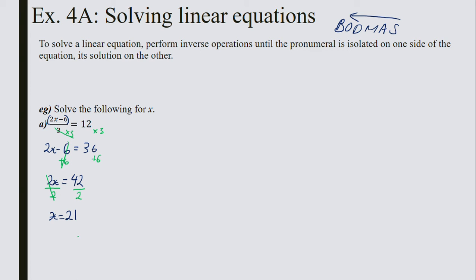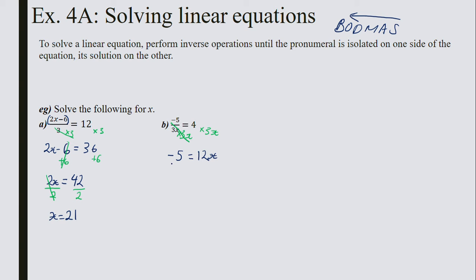Let's try another. This time we've got negative 5 divided by 3x equals 4. There's a few ways you can go about this. I'll do it step by step. Here we've got the x in the denominator of the fraction, which makes things a little bit trickier, but not really. So we need to get rid of this divided by. To do that, we will multiply both sides by 3x. That's then going to get rid of the 3x in the denominator and put it back in effectively the numerator over here. So we get negative 5 equals 4 times 3 is 12x,